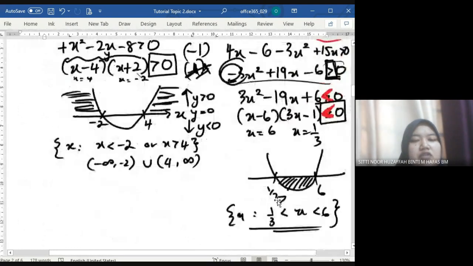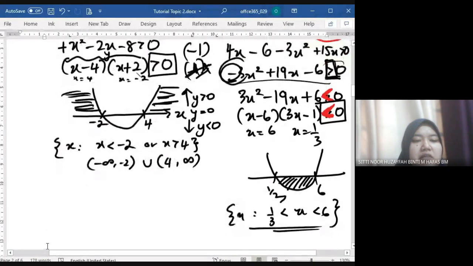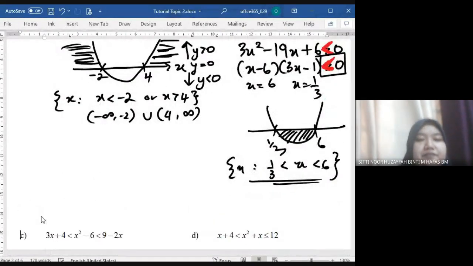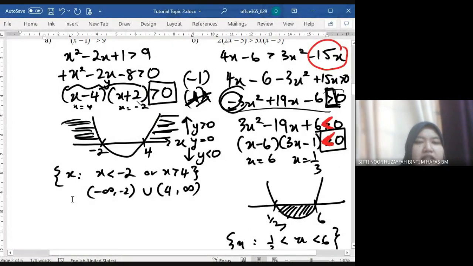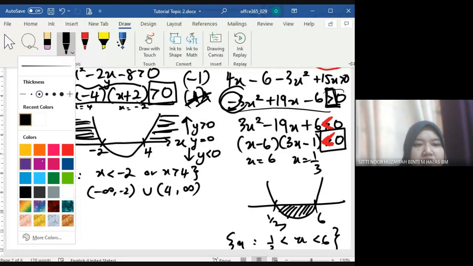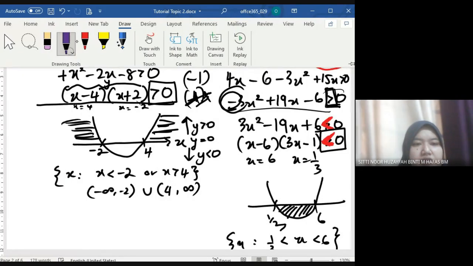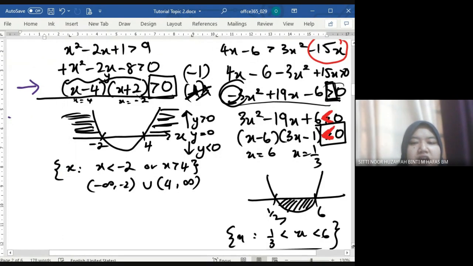Okay, ni guna cara kuadratik. Okay, ada tak yang biasa guna number line? Saya tunjuk sikit ya, guna number line. So method dia sama. Tapi bila you factorize ni kan, sampai tahap ni. Okay, saya tukar pen lah, one line. Senang sikit nampak. Warna purple. Okay, so apa yang you buat sampai step sini, you akan assume that every